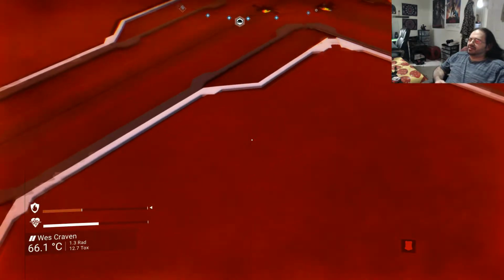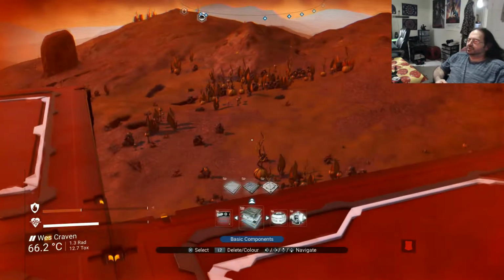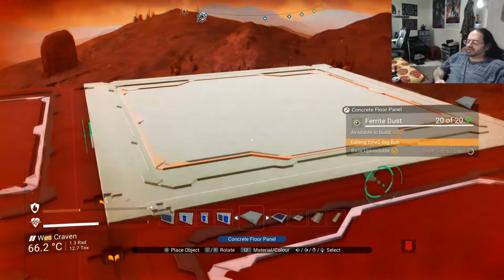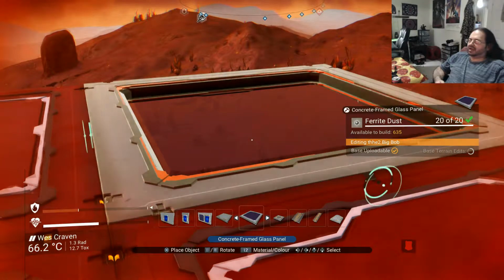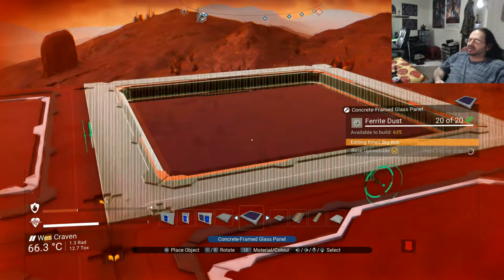So I'm on... Let's see. We're not going to count out the arms yet. We're going to build a deck here first. I got to remember to change the color back. Tempted to do the deck in glass again. I really liked that. So if I'm going to do the deck in glass...